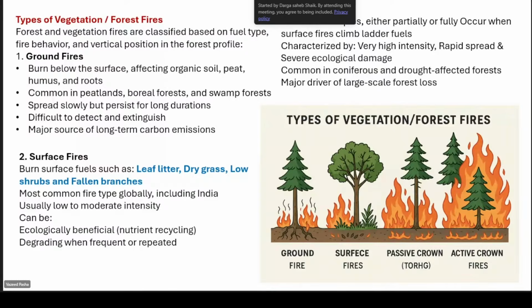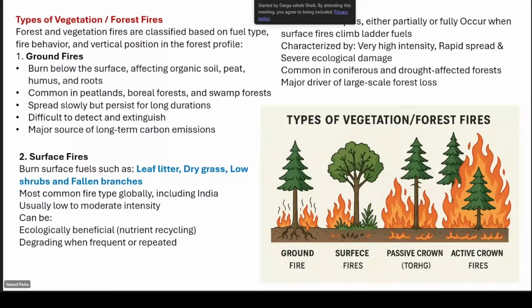For example, they cause a loss of regeneration. It can be ecologically beneficial for the nutrient cycle, but it degrades when frequent or repeated. If the same area is burnt every year, it becomes a frequent fire hotspot, which will not regenerate the forest. It gives opportunity for other species like invasive species.